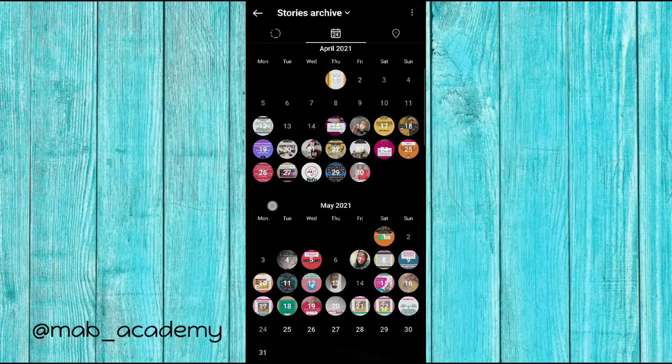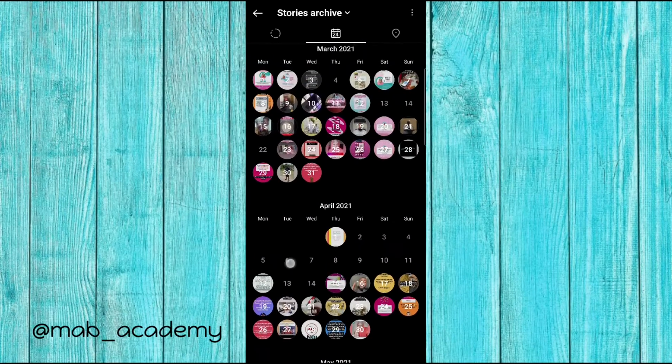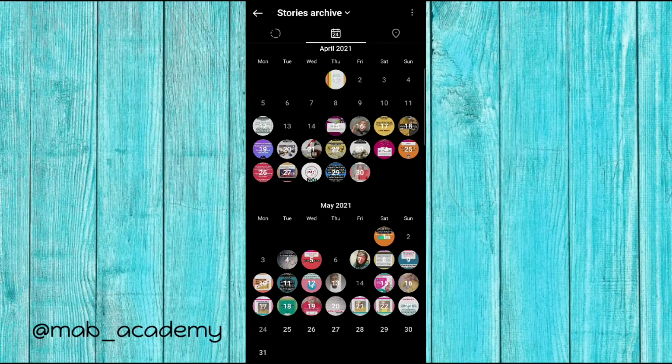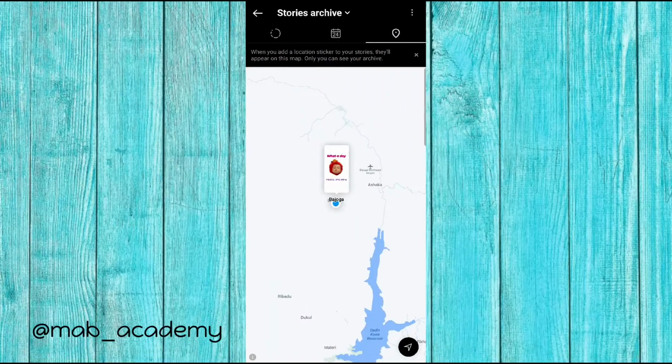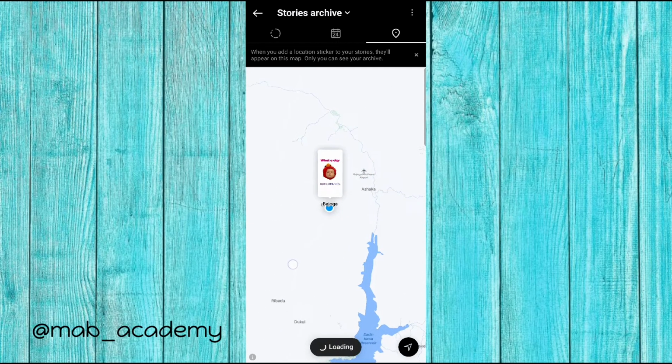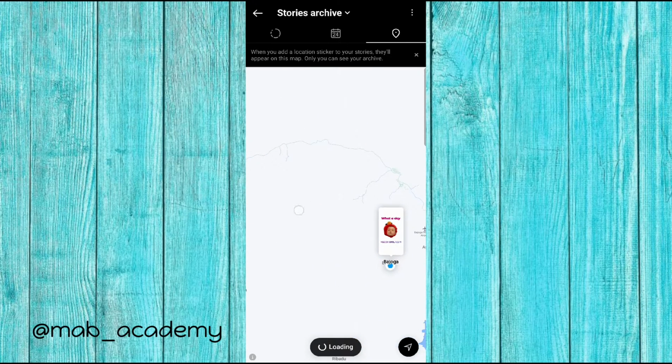And mostly that's how I make my sales, to be honest. Like 80% of my sales is from my Instagram story directly to my DM. So Instagram story is big, guys. So can you see? And here's the location. It's going to tell me where I'm currently at and where I posted those stories and all that.